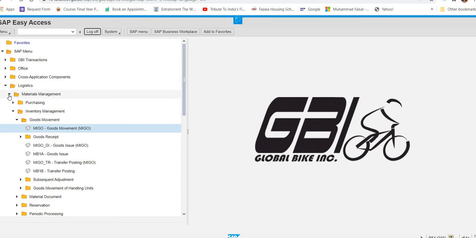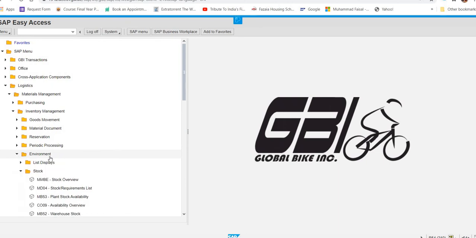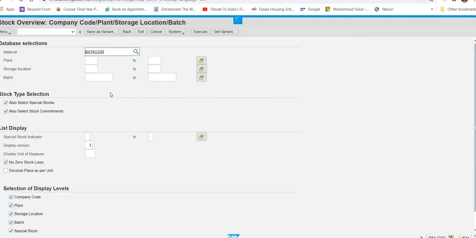Under materials management, under inventory management, you have to go to environment, and under environment, again stock and stock overview. Again, this material is coming. If not, you will type it by yourself and execute.